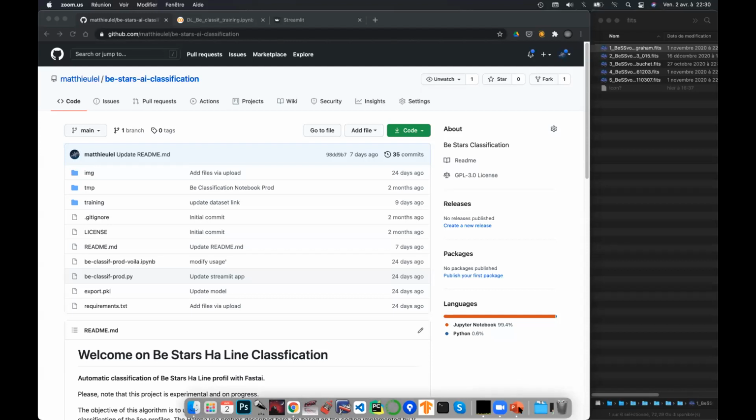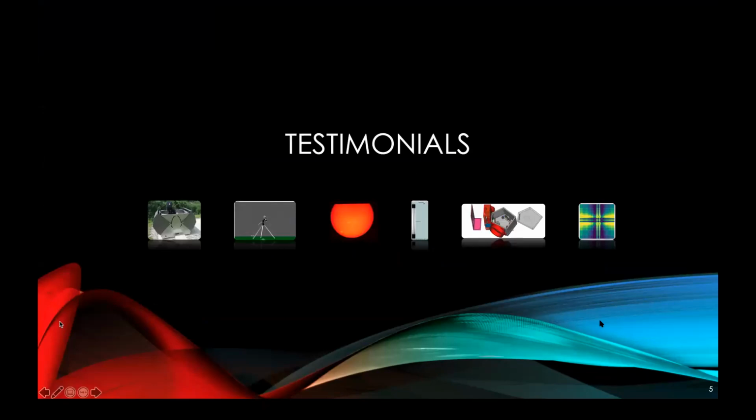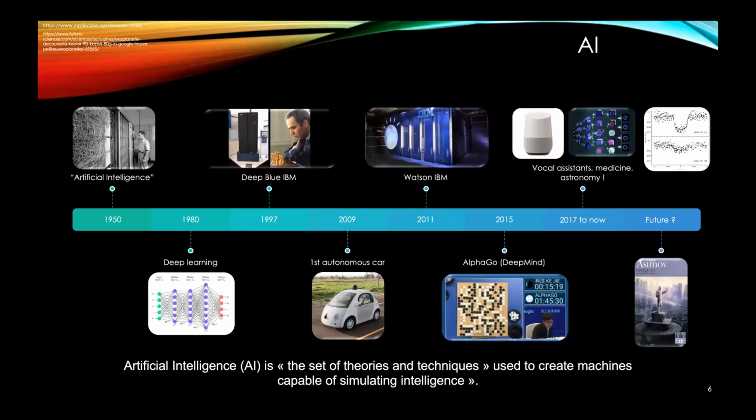Okay. So now I will talk to you about H-alpha line classification with AI. But before talking about this, I just want to talk to you about AI quickly, because we can think AI is recent, since we hear a lot of information about AI in the media, but it is not very recent. It was created in 1950 with the goal of creating artificial neurons like human brains, you